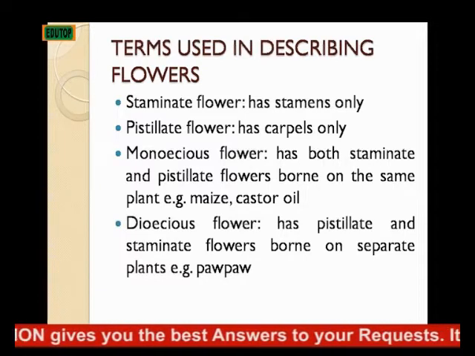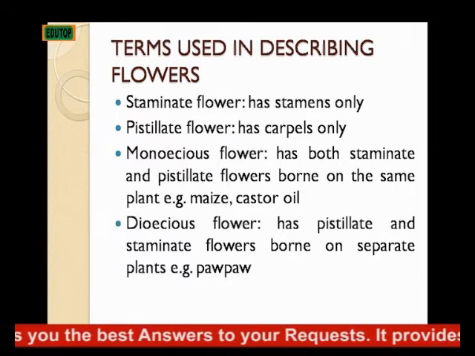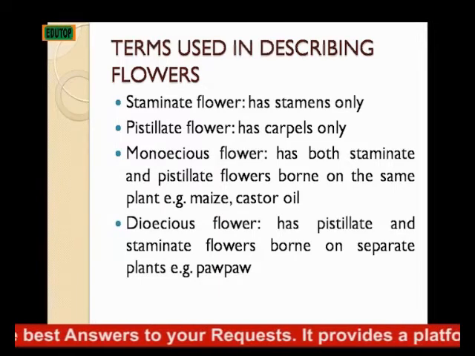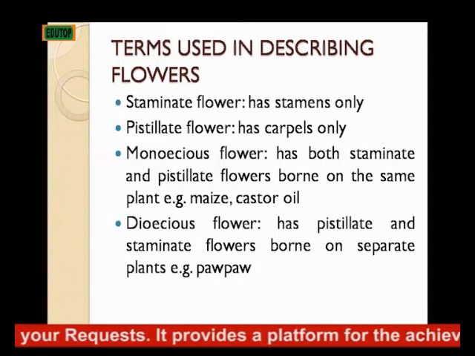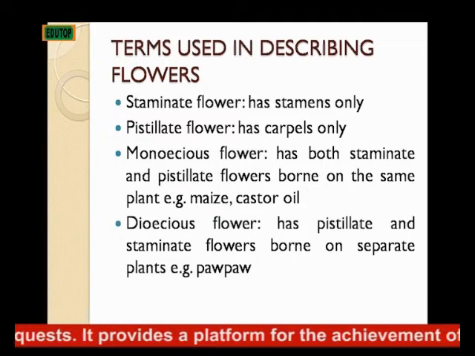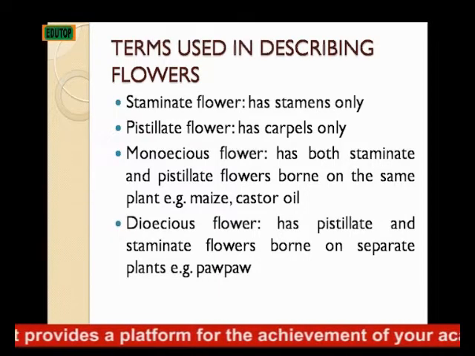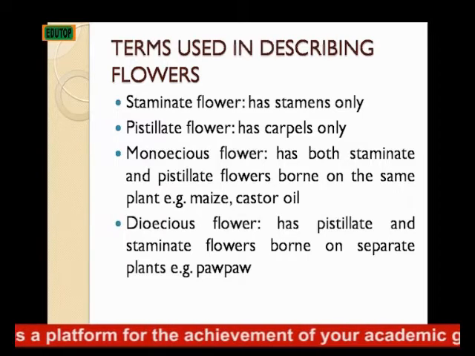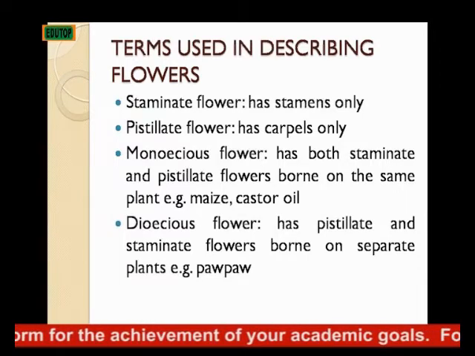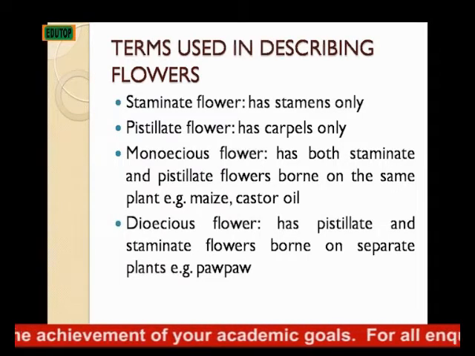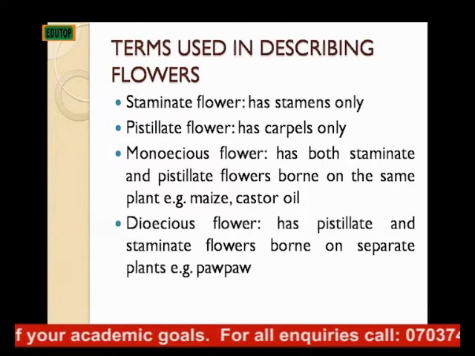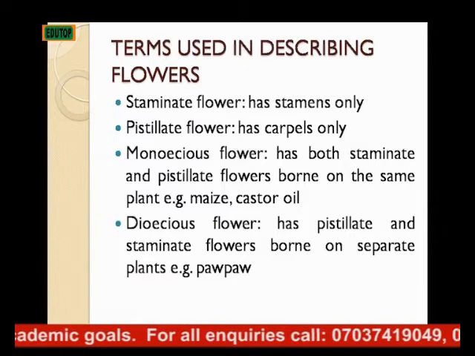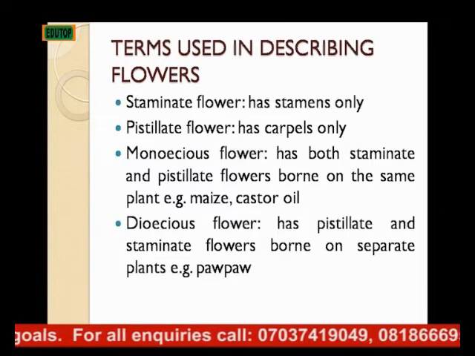Then a flower is monoecious when it has both staminate and pistillate flowers borne on the same plant. So you have the staminate flower and pistillate flower on the same plant. You say the flower is monoecious, just as we have in maize and castor oil plants. So the flower of maize and castor oil plants is monoecious because it has both staminate and pistillate flowers borne